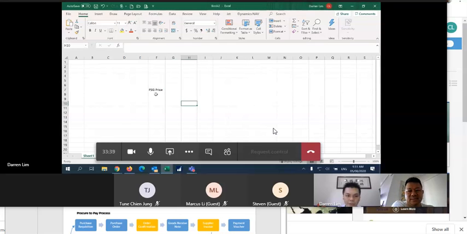So basically the PSG price is 80,300. Then the PSG grant is 30,000 in full. Then the SkillsFuture Enterprise Credit is 7,000. So your net is actually